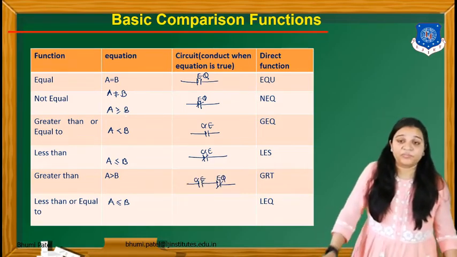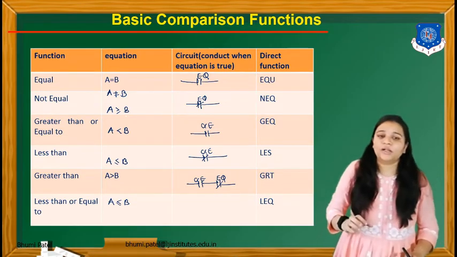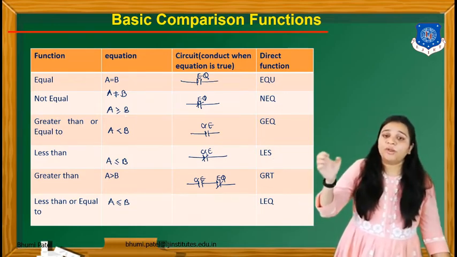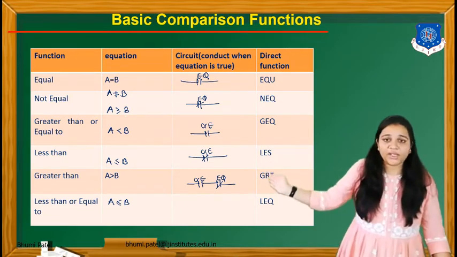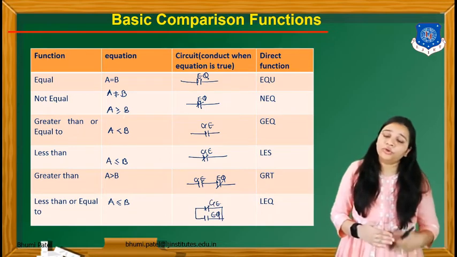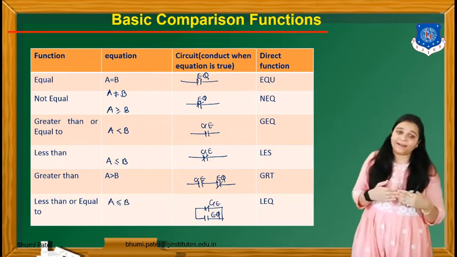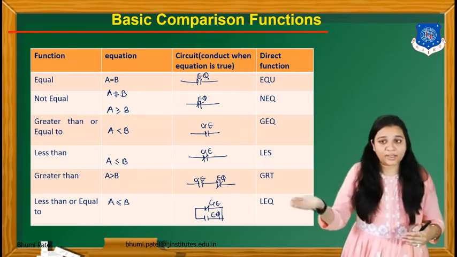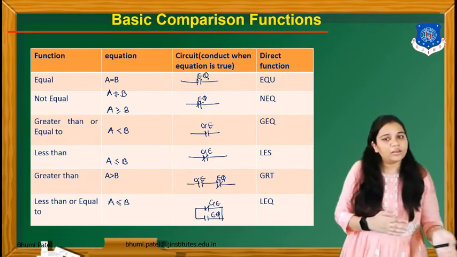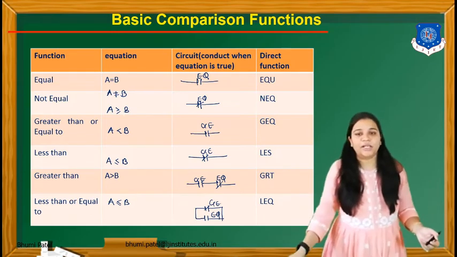For greater than, the number is greater than or equal to, but not equal to, so the number is only greater than the other number. So greater than or equal to is a normally open contact, and equal to is a normally closed contact. For less than or equal to, we use the same logic, but put the greater than or equal to in a parallel connection with equal. If not greater, it is less than the other number, or it is equal. So this is the circuit for less than or equal to.